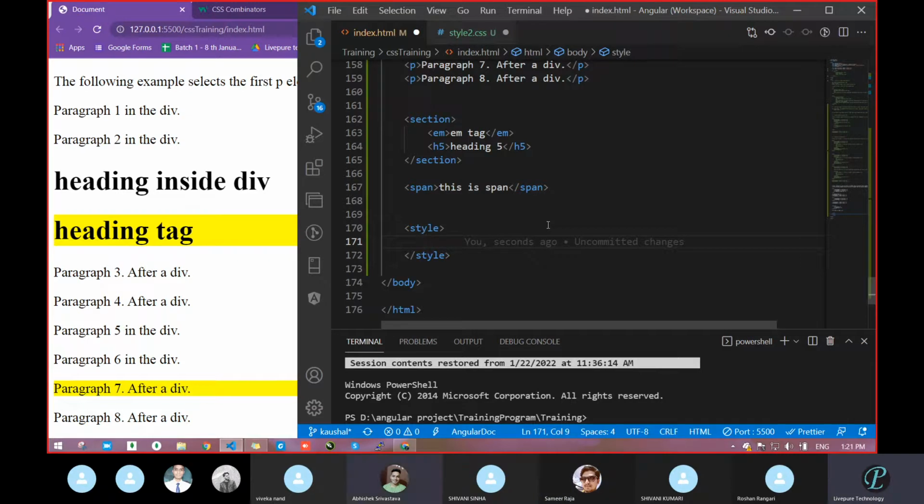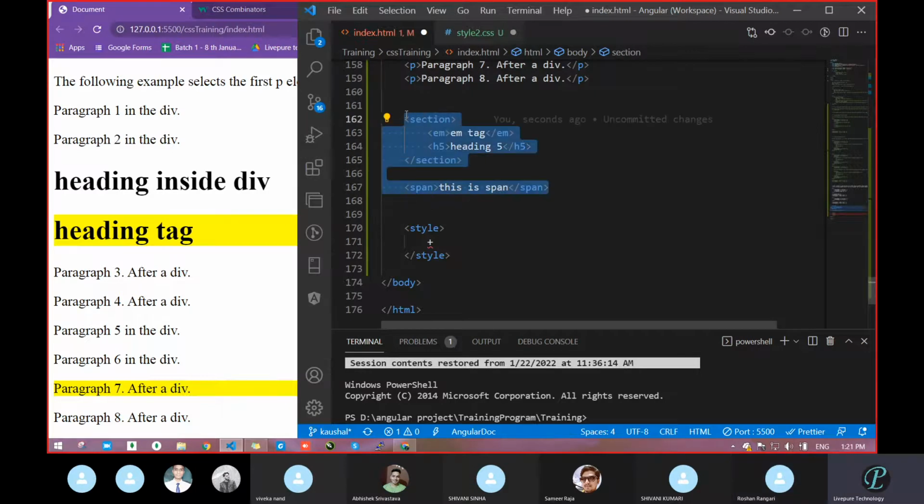What is the key point? With plus, div plus tag, not a div and plus tag. Plus is the key point. Okay. Which tag do you have to exclude? Means you do not want to make it part of it. Which tag? EM. No, see, section, this is your complete one. Which one do you not want to add? Means ignore. Which one will you ignore? So H5.